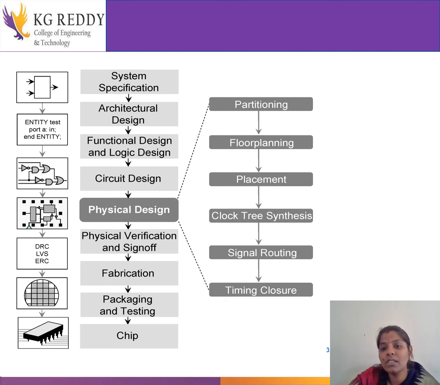Suppose all this is proper, and it goes into physical verification. In physical design, the partitioning, floor planning, placement, clock tree synthesis, signal routing, and timing closures will all come into the backend. So in this physical design, from the starting, what we did, we took the specifications of the design and then